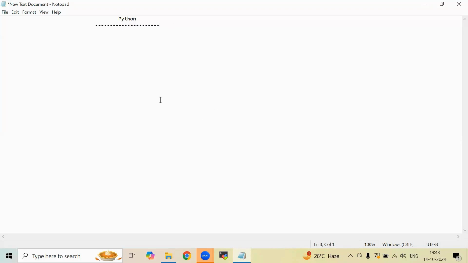For whom is Python useful? Every day we are watching machine learning, we are hearing about AI and the advancements in machine learning and AI. For all these things, the base is Python.